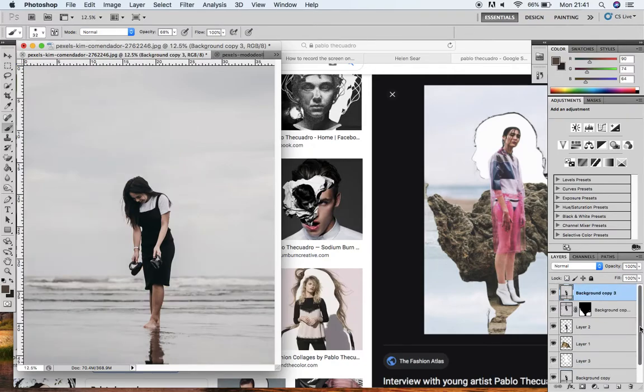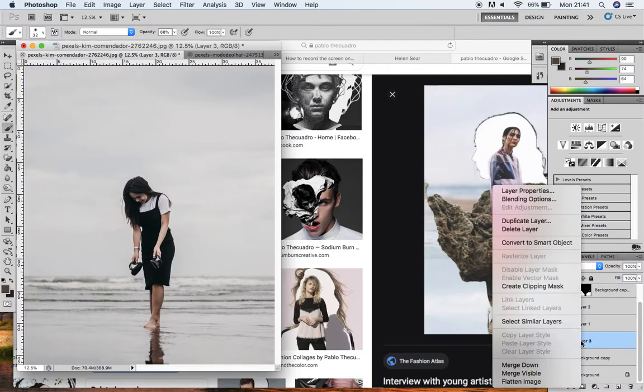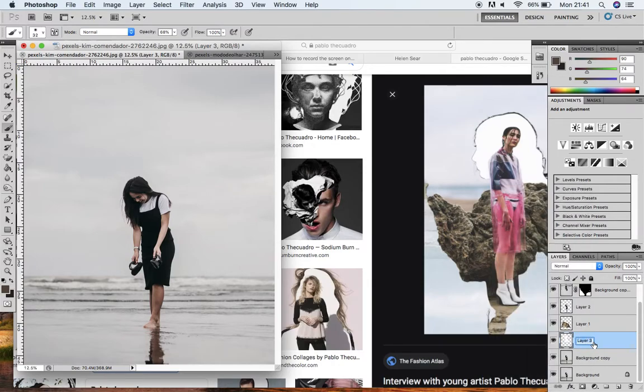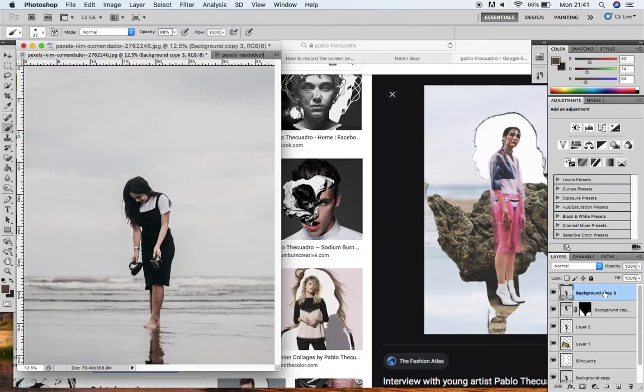Also, incidentally, if you're getting confused with what's on each layer, you can also, if you right click, or is it right click? Hang on. Oh, there you go. If you double click, sorry, on it, you can rename the layer. So if I call that silhouette, for example, then I know that's the one with the silhouette. I mean, obviously, I can use my eyes to a degree, and I can see that that's the rock, that's the silhouette, and so on. But if your changes on each layer are a bit more subtle and you can't see what you've done on each one, then there's a way of renaming the layers so you don't get confused. Anyway, I'm going to go back to this duplicate